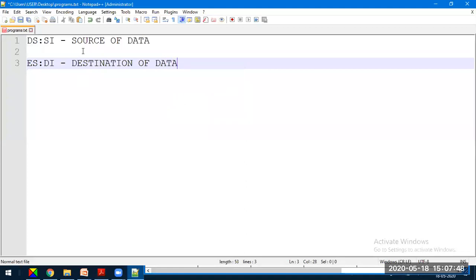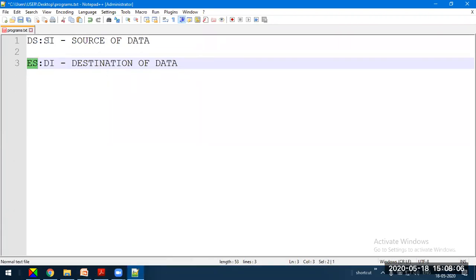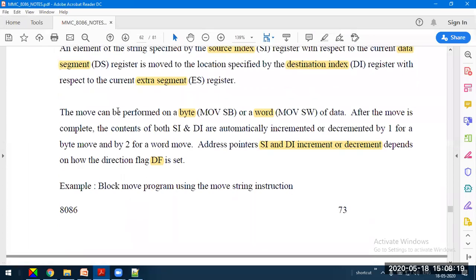So the source index points to the data stored in the data segment in memory, and the destination index points to the data stored in the extra segment. When we use the move instruction, we are moving data from the data segment to the extra segment, pointed to by the source index and destination index respectively. So that's the meaning of this.